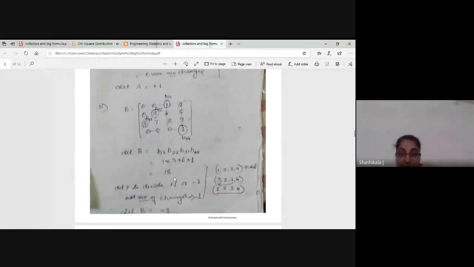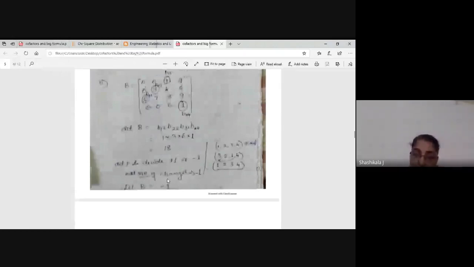Now what are the rows? It is 3, 2, 1, 4. How many row exchanges should be there in order to get my ideal row order? 1, 2, 3, 4. So 2 I will remain as it is. 3 and 1 I will exchange here. Odd number of row exchanges, so I will get it as minus 1. Understood? Yes, understood, or any doubt in this?